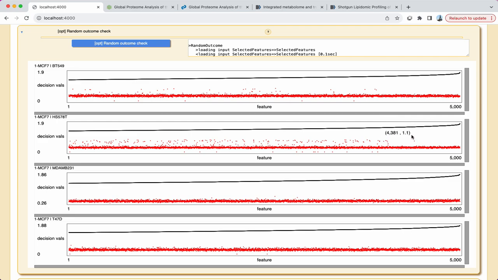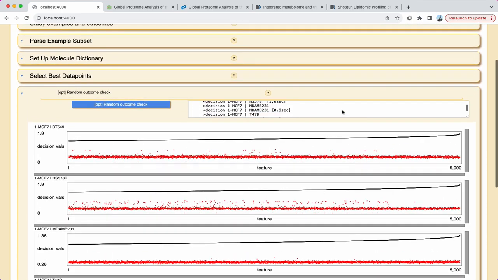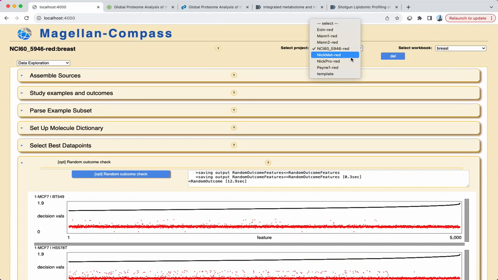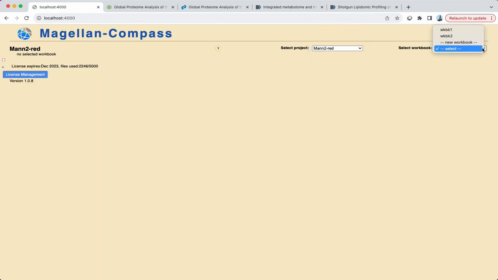Nonetheless, some scrambled data can give higher decision values, and it is important to make sure that any data points selected for deeper analysis in subsequent steps have scores that fall out of this range to avoid potential contamination with meaningless information. While reasonable separation of information from noise is apparent here, it is not always the case. Note that the best data points extracted in another project have little separation from noise generated from randomized data.